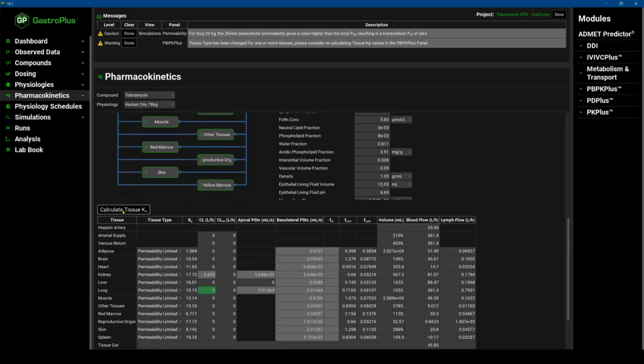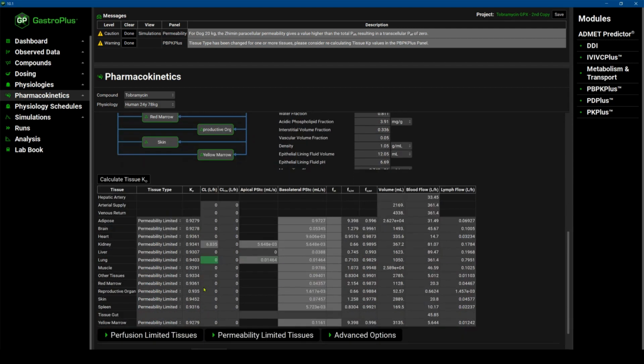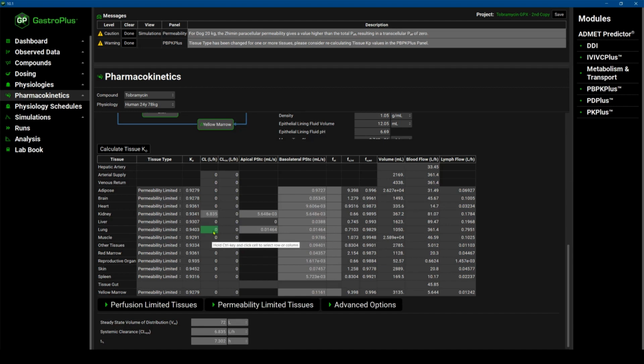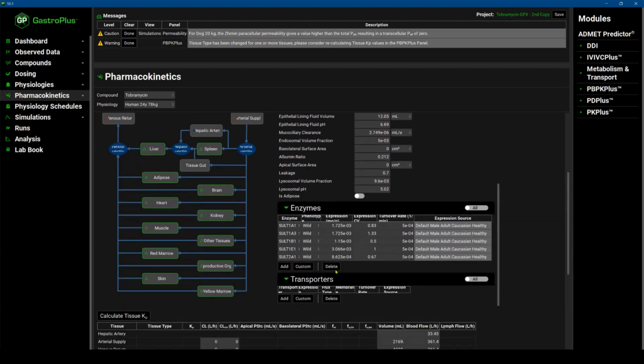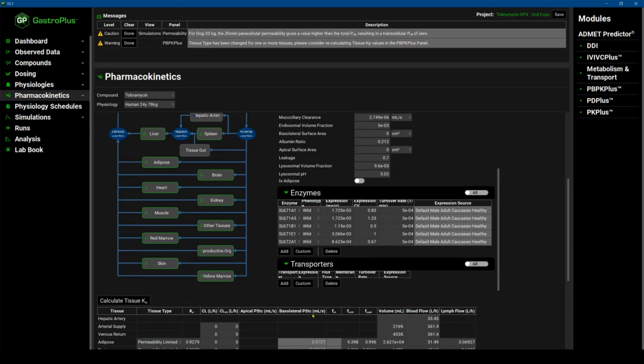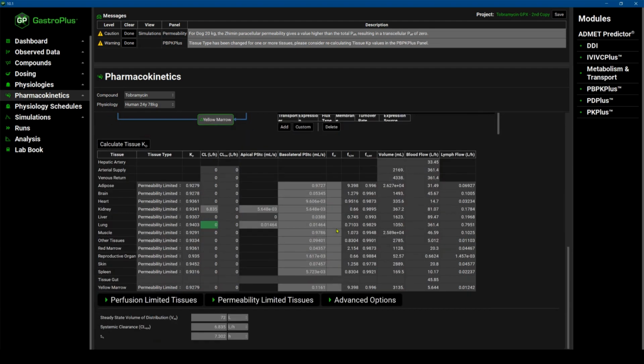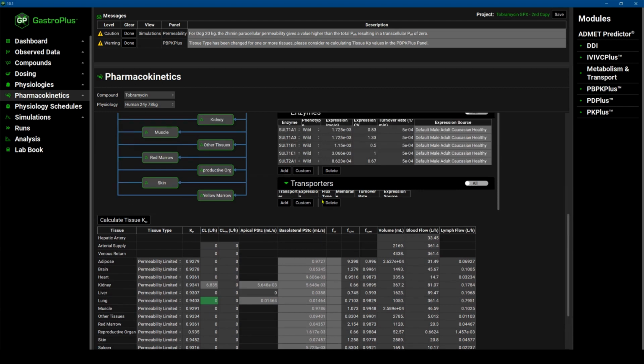Now I will click on calculate KPs, and from here, see that we don't have this liver clearance. So I'm just checking that there is nothing to worry about. Obviously, if you had liver clearance and you wanted to add linear clearance, you would add it here. Or if you had enzymes involved in the metabolism or transporters, you would add them in these tables. So now I can save this physiology,